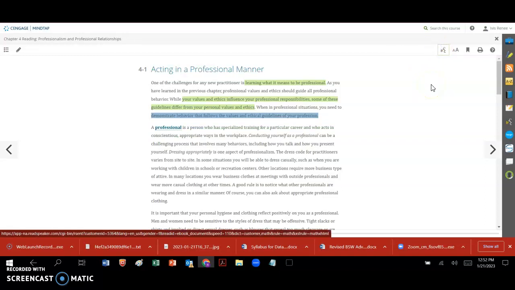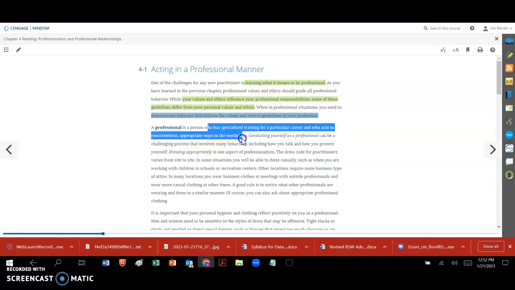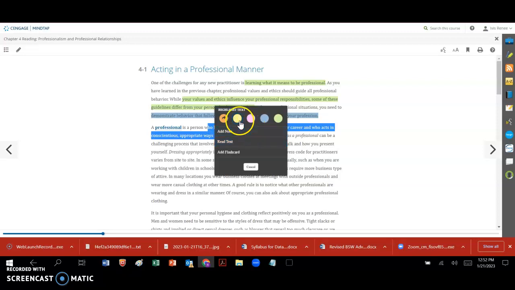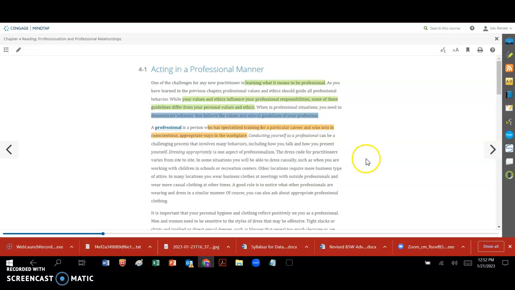So that's an example of using the auto reader. If you wanted to do any highlights, as I have here, you just need to highlight the area, pick a color that you want to highlight, and there you have it. To the right, you can see some